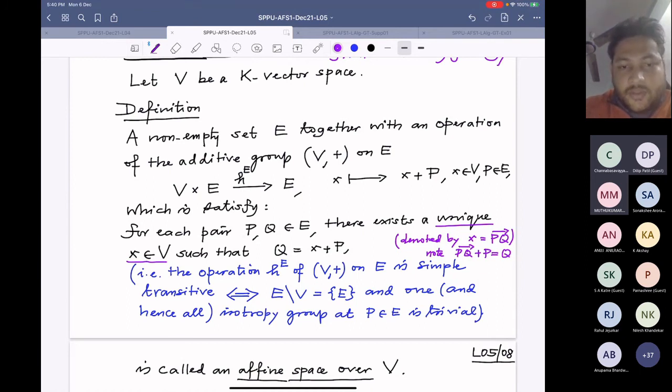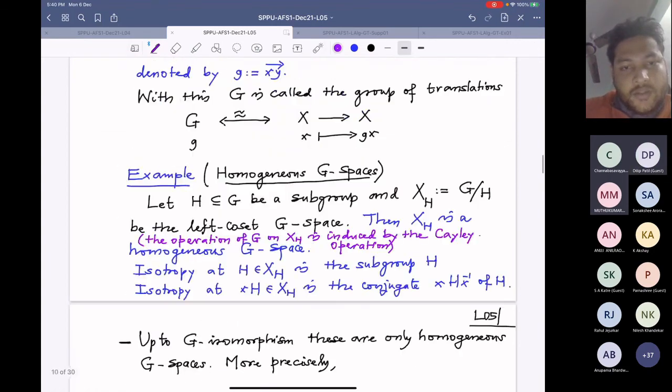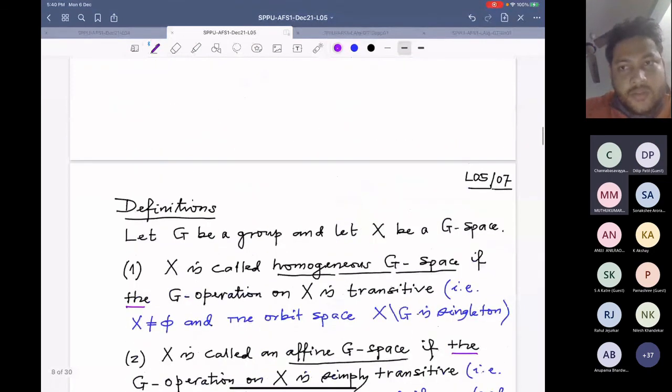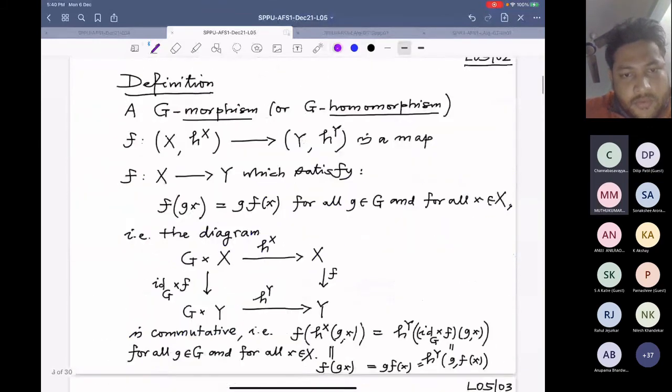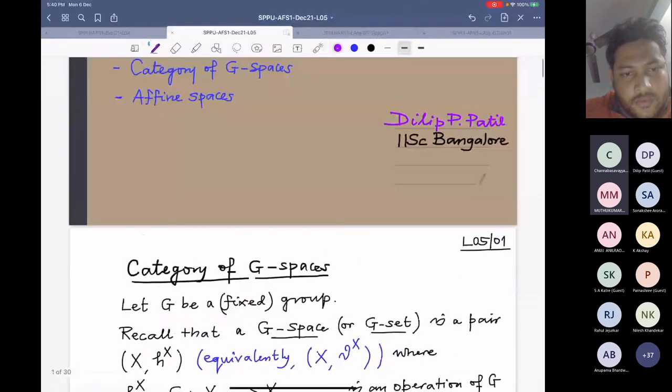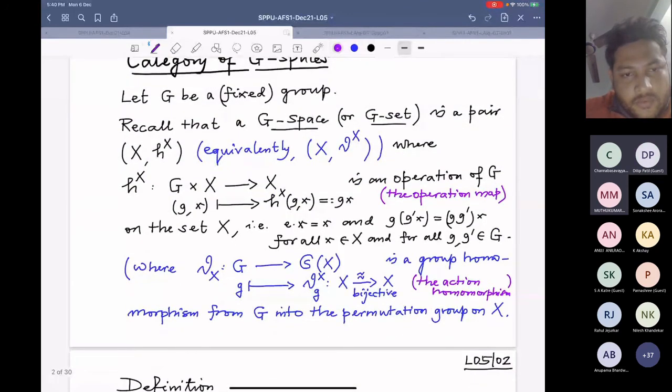Yes, sir. But sir, my question is, what is the description of small x plus p? Okay, let me answer my question. Before I answer this, you have to answer my question. When you write here G comma X going to G times X, what does that mean? Okay, so that is just the image of that action. Yes, and that is what you have chosen to denote.